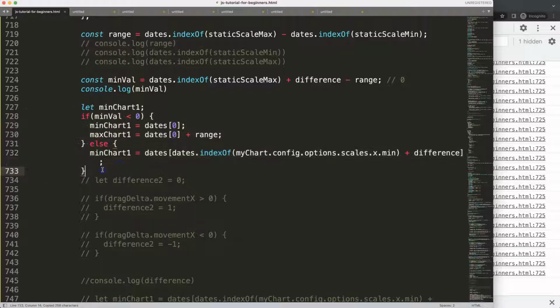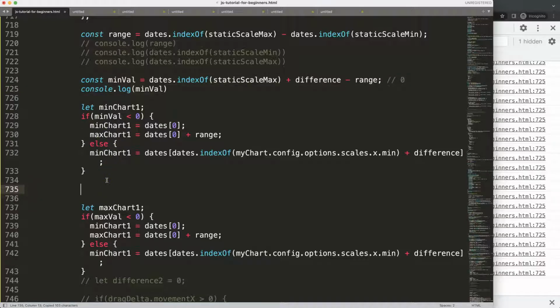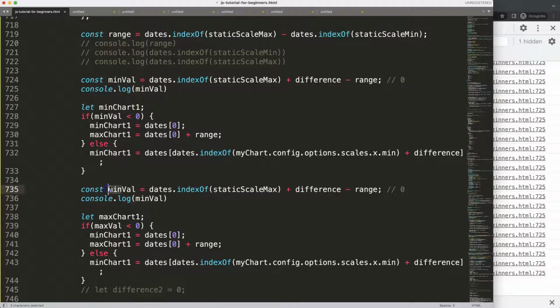We know that this will be also identical, but instead of min, for the max chart. Very straightforward. Then we're going to say here the max value. And what is the max value? Let's copy this point here, put it down here, paste that. Go to max value, and how do we calculate the max value here? Well, the max value